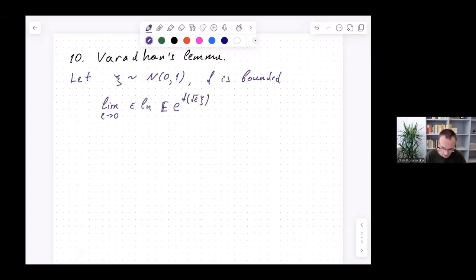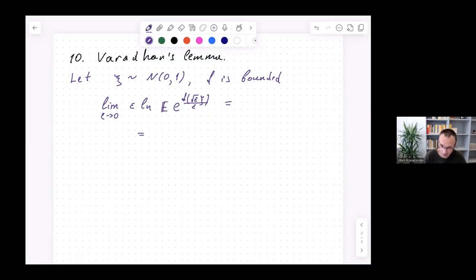divided by epsilon. You know that square root epsilon xi satisfies the large deviation principle. We obtained that large deviation principle a long time ago. And then we want to see what this limit is, but let me just compute